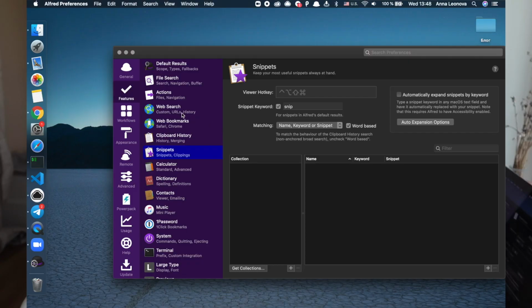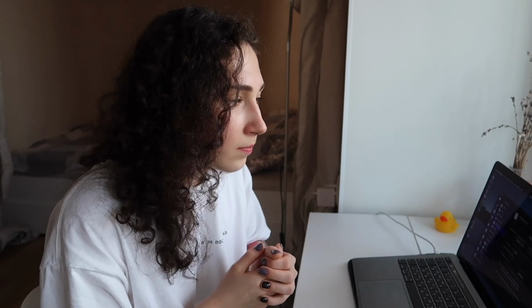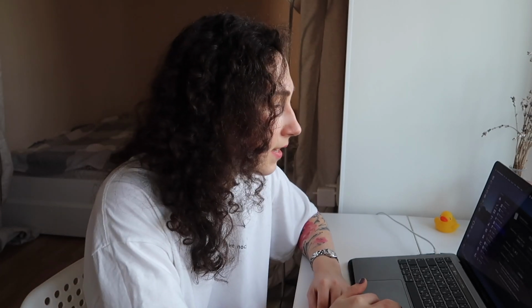The other good thing is clipboard history. For example, you know that you copied something a while ago, then you forgot this information and somehow you need it right now. Or you copied it 2 minutes ago and lost this info, and you need to access it somehow. It's very good in Alfred, but I found another good app which, in terms of the interface,